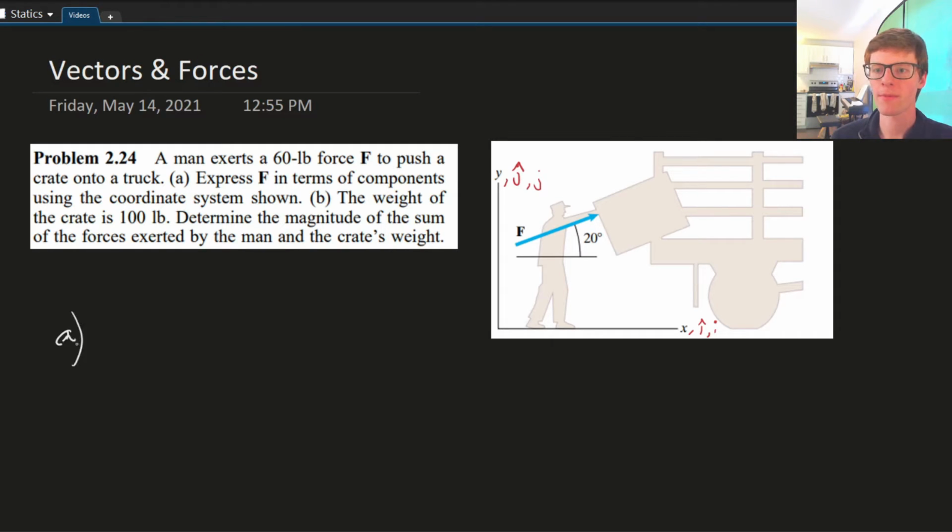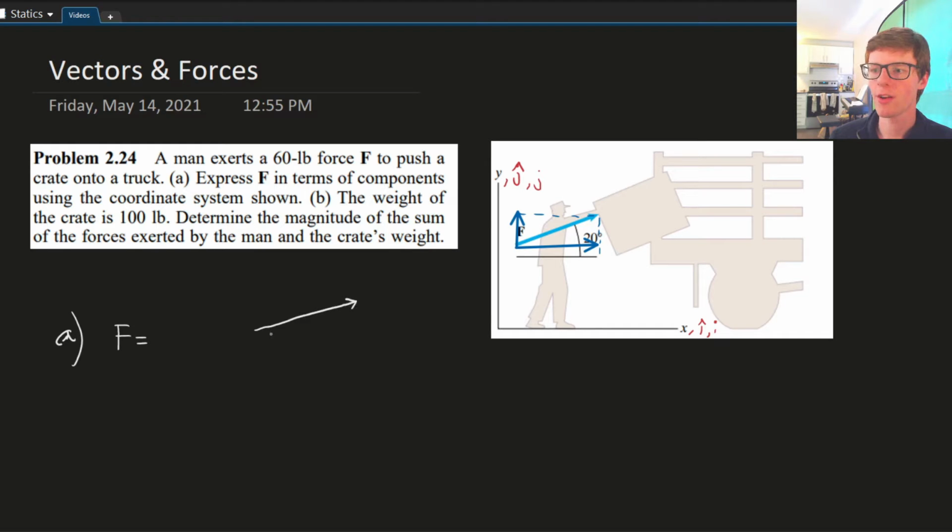So for part A, I can break this F vector down into two directions. I can break it down into an x direction and into a y direction. Now these are going to be the same length horizontally as this F vector goes horizontally, and the same height. So same height, same length. So the bottom line is, if we draw a similar triangle,